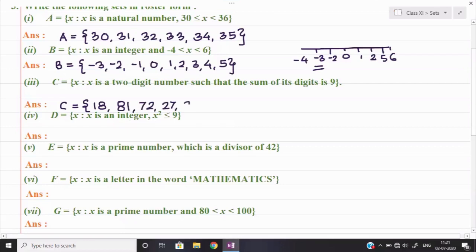If I take 36 and then 63, this will also be equal to 9. Then similarly, if I take 45 and then 54, and then take the value increase, again the same number of elements will come. One more element is remaining here, that is 90.